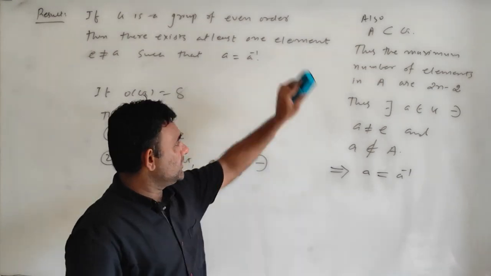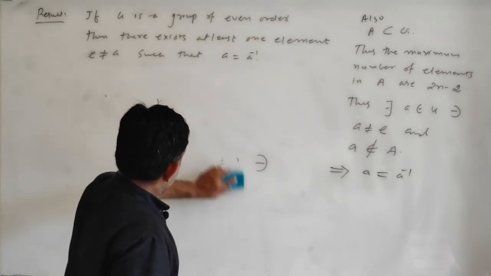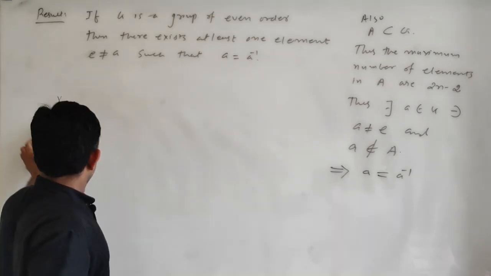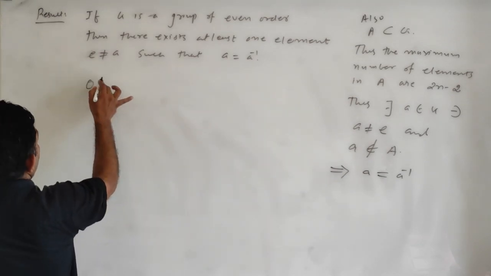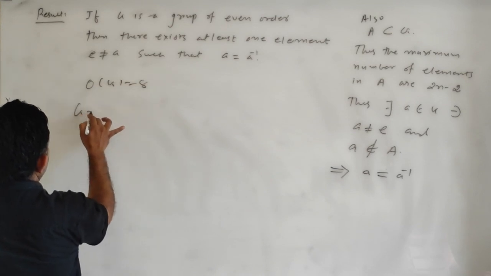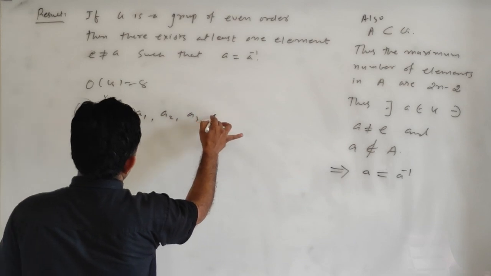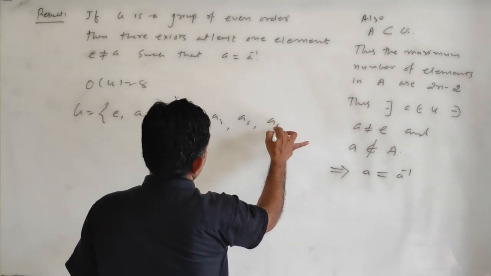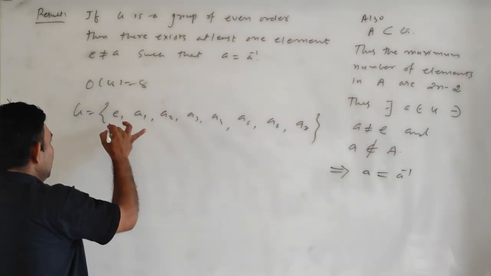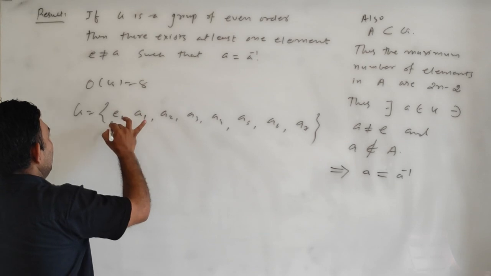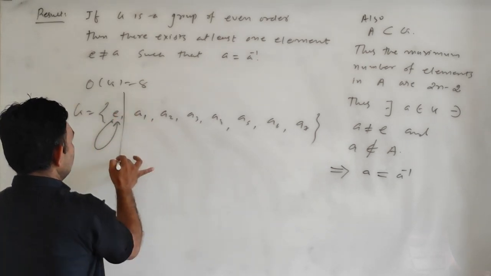This is what we have discussed as its proof, but we can see this proof in this way also, just for understanding. What I am giving right now is not a proof, that is already there. Say the order of G is equal to 8, then G can be written as identity, a1, a2, a3, a4, a5, a6 and a7. 7 plus 1, 8. Now identity inverse is identity, itself. So now you forget about this.